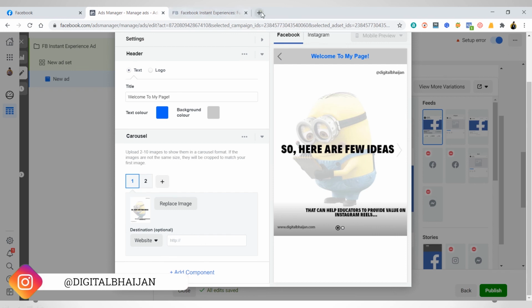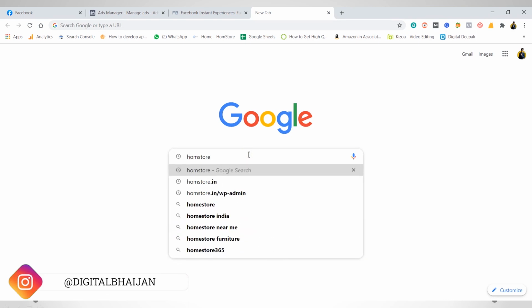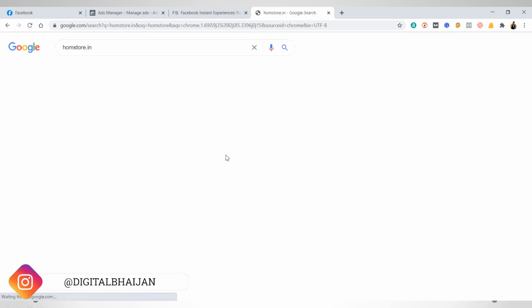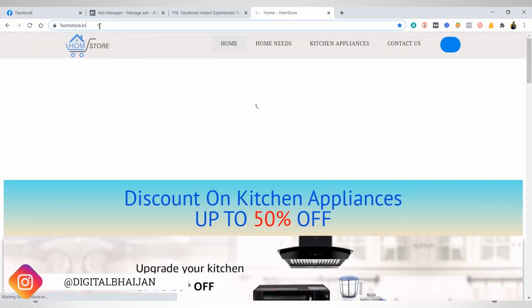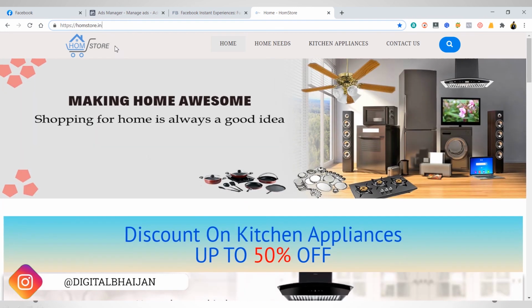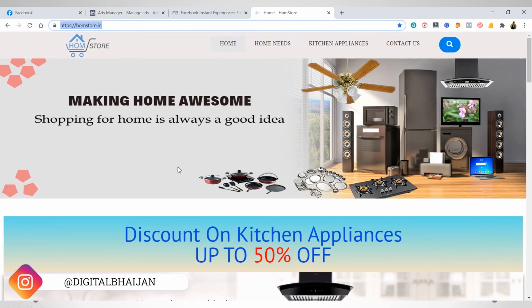Let's suppose I give my own website link, then I would probably give it homestore.in. So if I want to redirect people to this website, just copy this URL and paste it over here. So whenever someone swipes up, they will be redirected to this landing page.